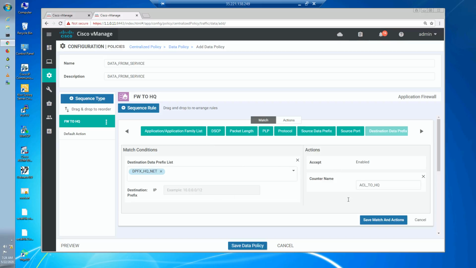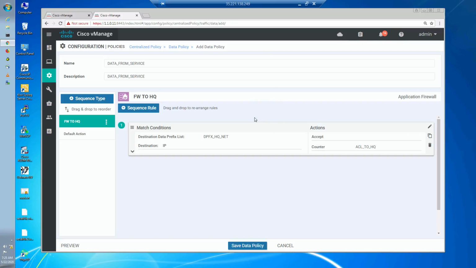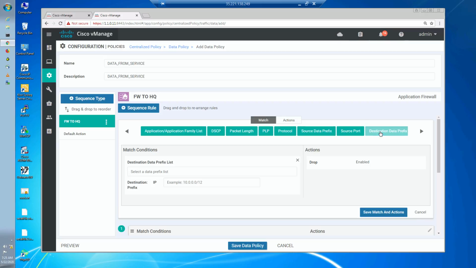The first rule is basically we are allowing all the destination traffic, all the traffic which is headed towards the headquarters, right? We are allowing it, we are enabling it, and we are also keeping a counter to match it. Now the second thing is we haven't done the reject part. So what is the reject part? We want to reject all the rest, so let's go and select this. For the reject part,